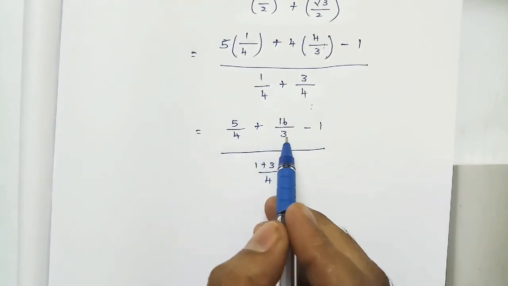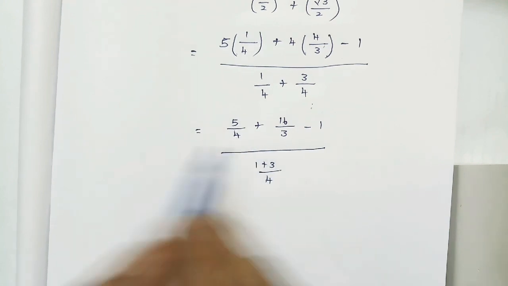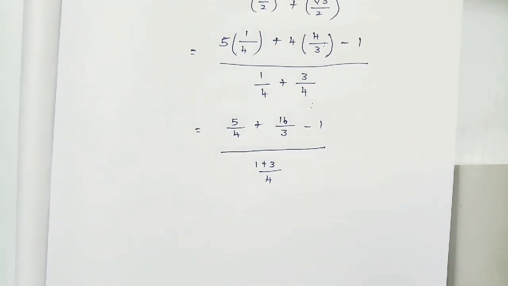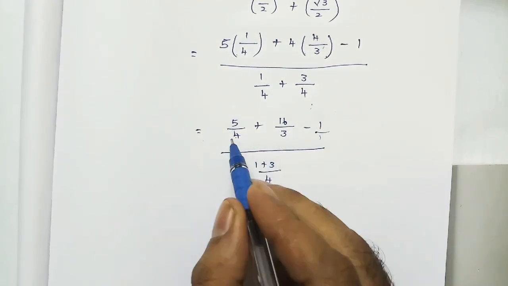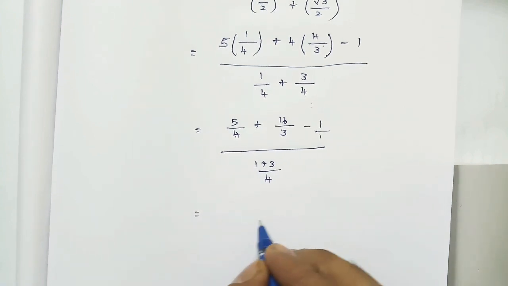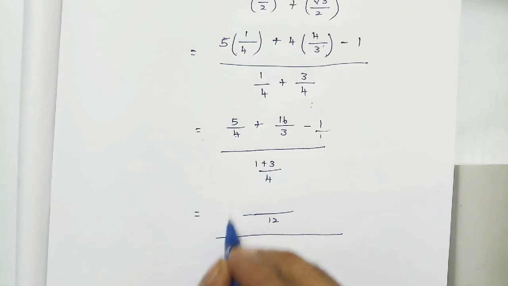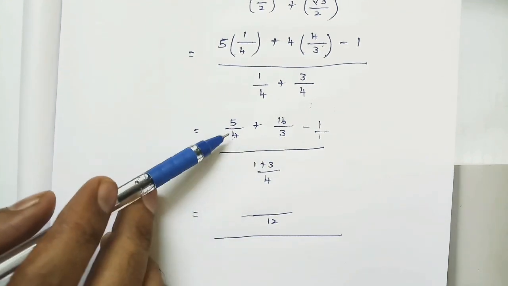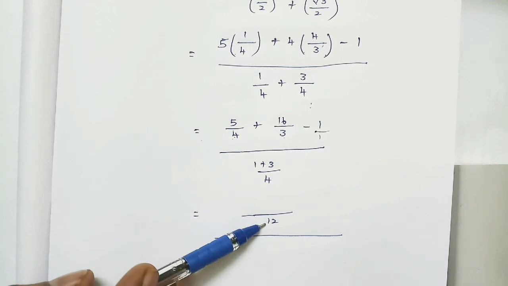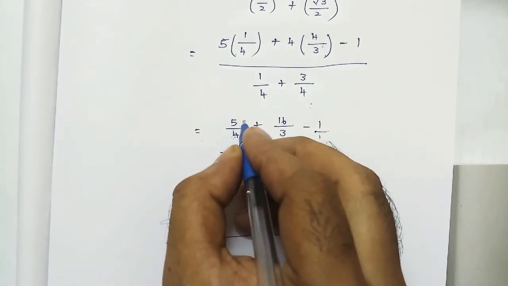In the numerator it is already in the form of fraction, right? See, the denominators are not the same multiples, they are different multiples. So what we want to take? We want to take the LCM. 4, 3 by 1, right? For taking the LCM of 4 and 3 it will become 12. We are only solving the numerator part alone. 4 into 3 is 12. So just multiply both numerator and denominator.